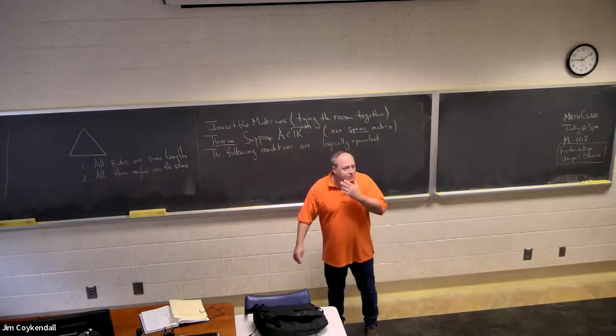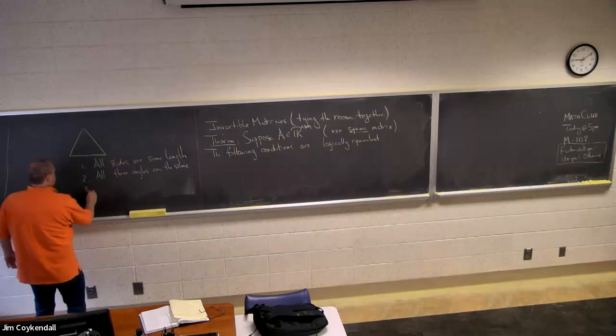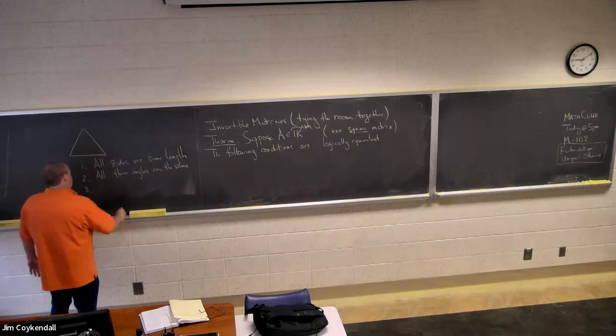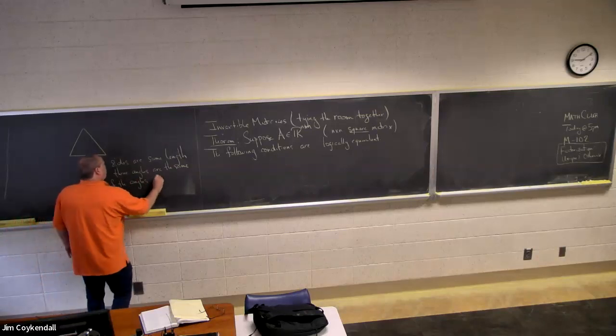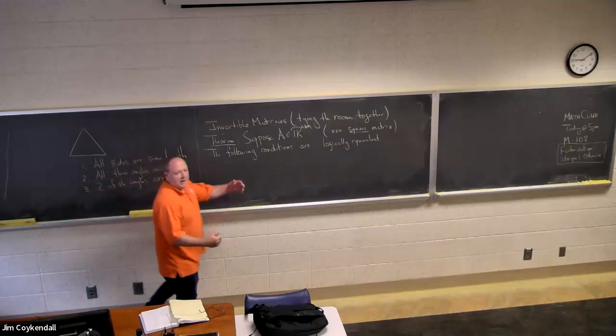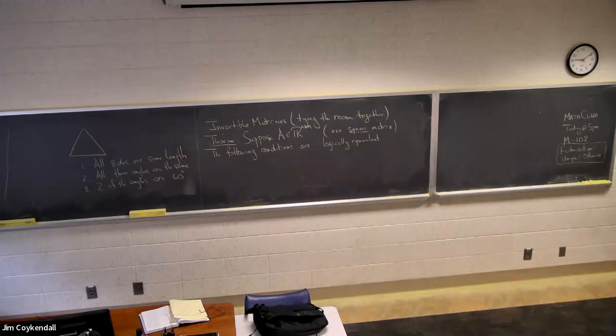Can anybody think of a third? I mean, we can go to town on this. You can play games with this. Two of the angles are 60 degrees. That's logically equivalent. Why is that the same thing? What do the three angles have to add up to? 180. Two of them are 60, so I've got 60, 60, and what's left over? 60. So this is really the same thing as all three angles are the same. So I can go to town and make a logically equivalent statement. Now I'm going to do this for